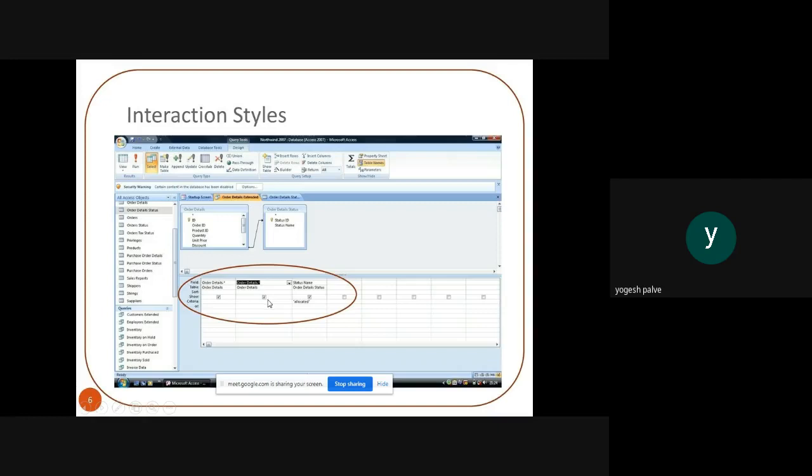So according to the need of the user, he can just put the information on it and retrieve the information according to their circumstances. So he can select the particular data, leave the particular data. So this is the best example of your interaction style. So according to that, some formula he wants to add, he wants to search something. So all these aspects will be available in the interaction style.